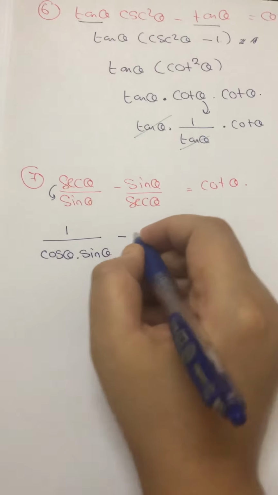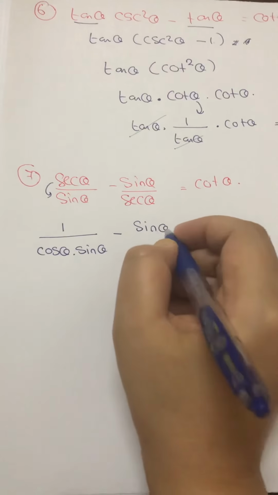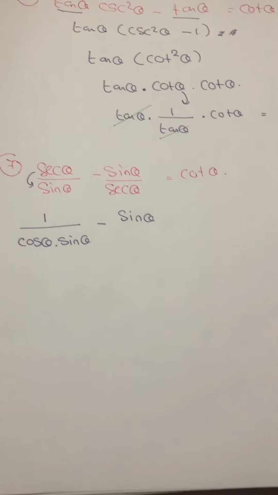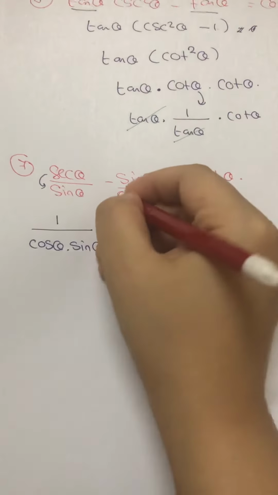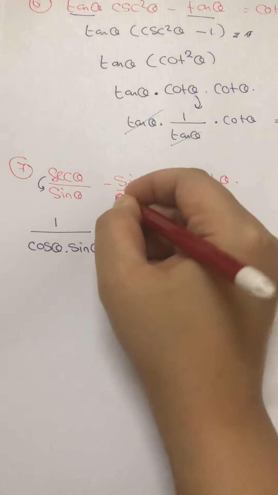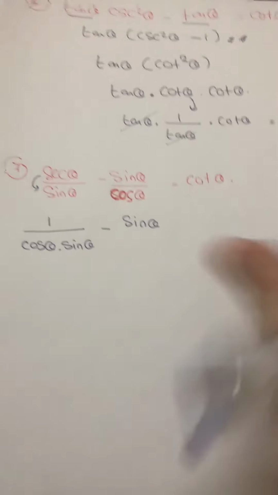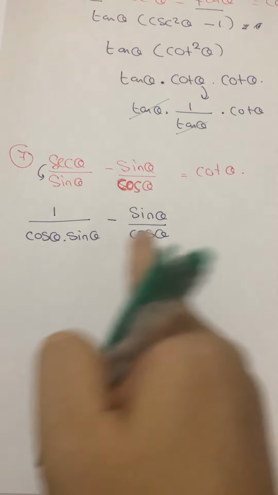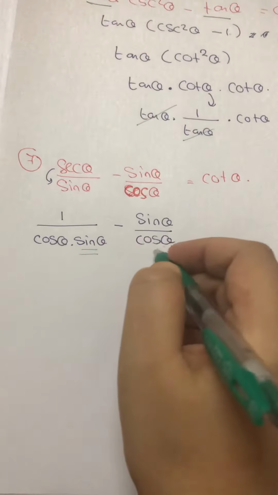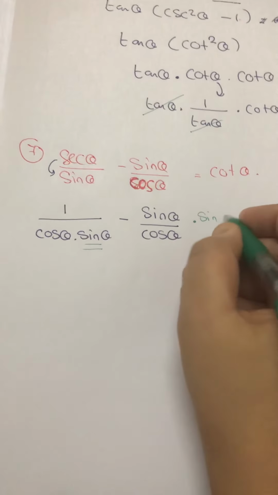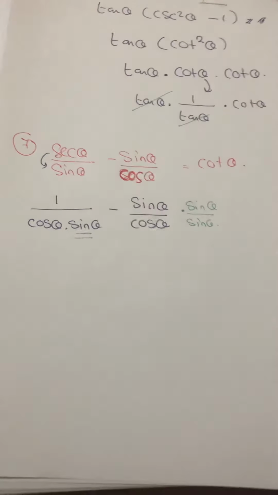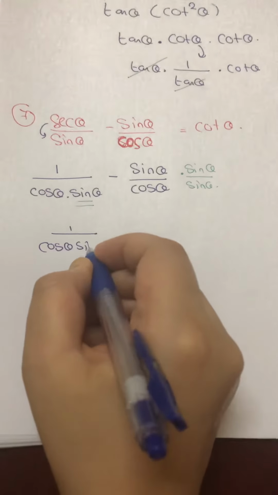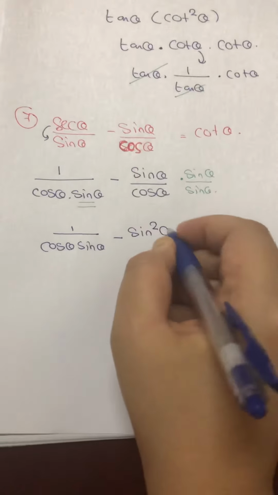theta minus sine theta over, I'm sorry, the question actually has cosine over here. The question is cosine. So over cosine theta. If I need to subtract these, they must have equal denominators. This has sine theta, but this one doesn't have. So I'm going to multiply by sine theta over sine theta. What will happen now? I'm going to get 1 over cosine theta sine theta minus sine squared theta all over